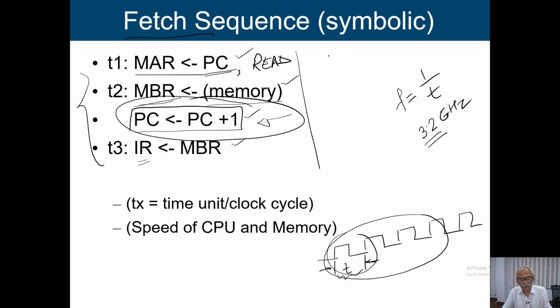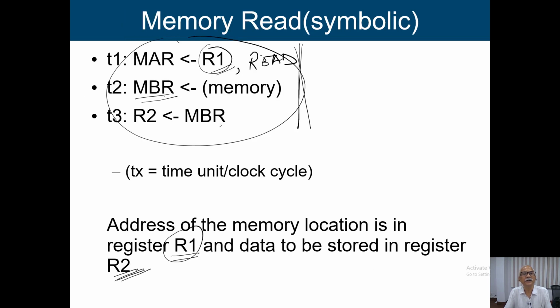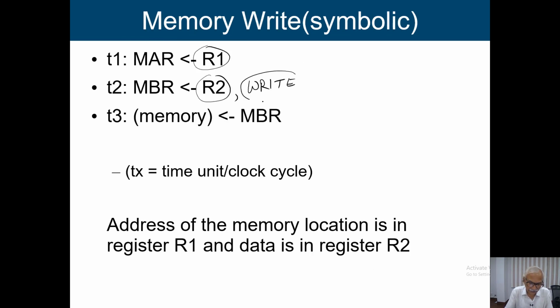So these are the signals which will be generated by the processor to indicate that we are going to fetch the instruction. Which signal will the processor generate to say that it is going to read the contents of a memory location, and this write signal will indicate that whatever is available in the register MBR, write this information to the memory location whose address is in MAR. Okay. So these are the three basic operations that we are having when we are working with the memory.